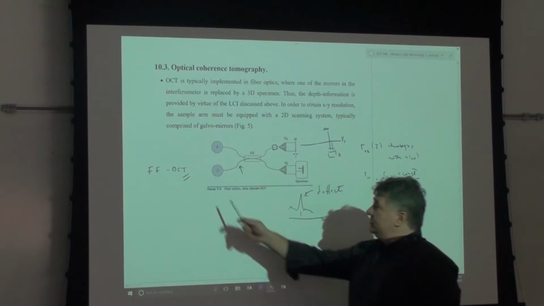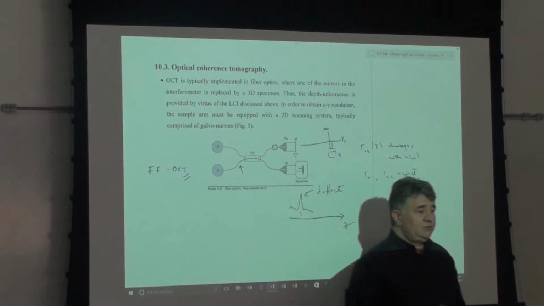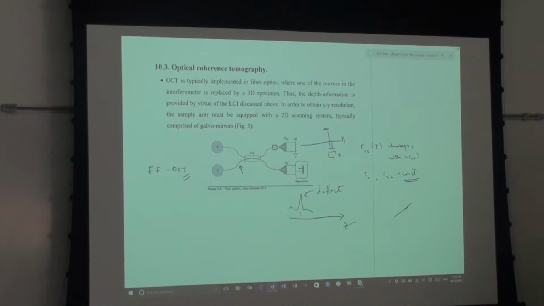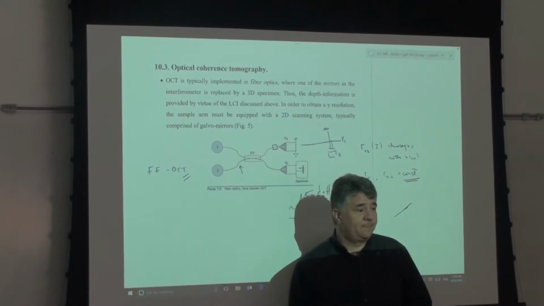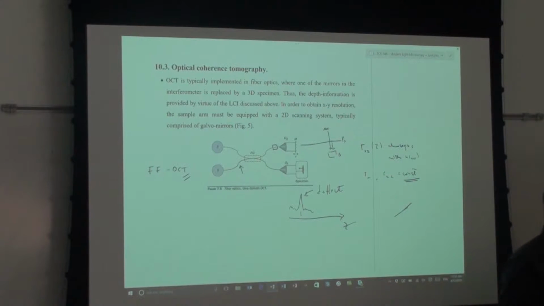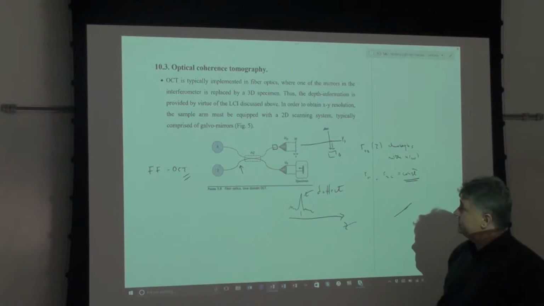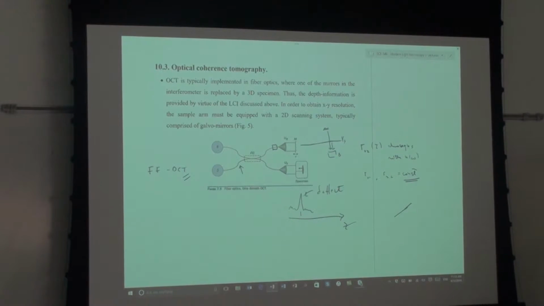But we're not going to talk too much about full field, because in terms of depth resolution it is inferior to the point scanning ones. It's very good for transparent, thin stuff, but when you go deep into the tissue, you have to do a confocal type geometry where you raster scan. Okay, so